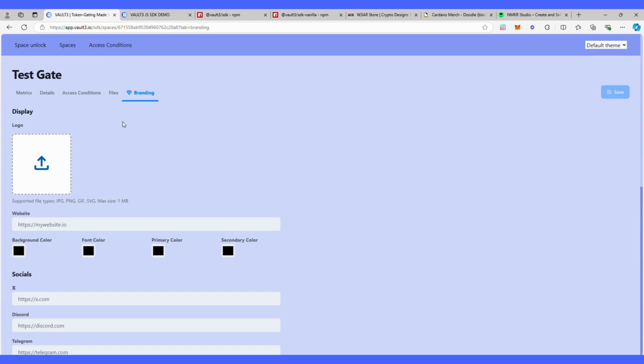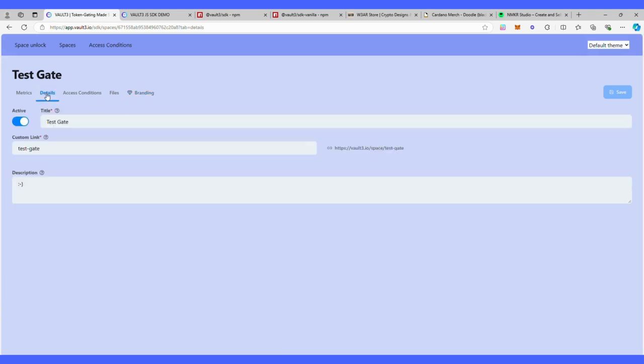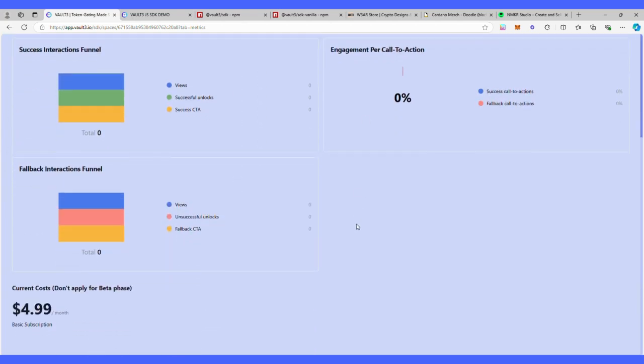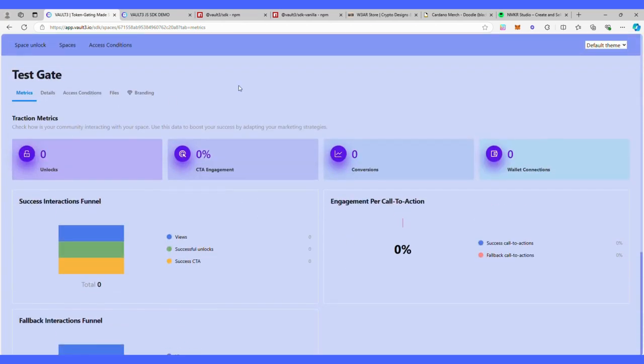I'm gonna keep this demo or video very simple. Otherwise, you can also check out the video that we uploaded for our admin dashboard, which explains all these functionalities in more detail. But I just want to go through the main tabs to quickly show you what's possible. You can also check the traction metrics and engagement from your users on your token gate here, and it's very